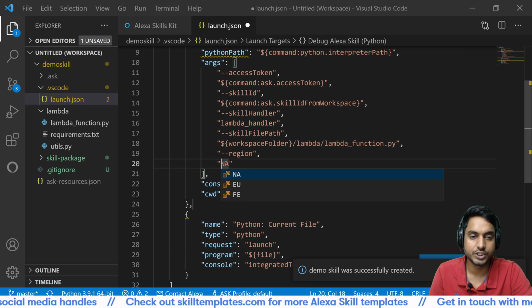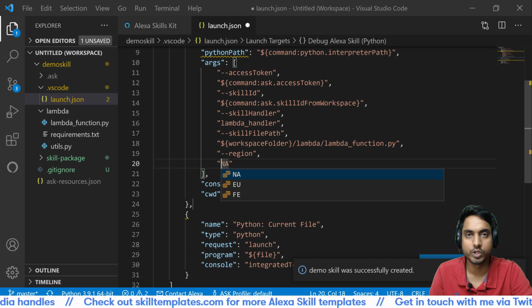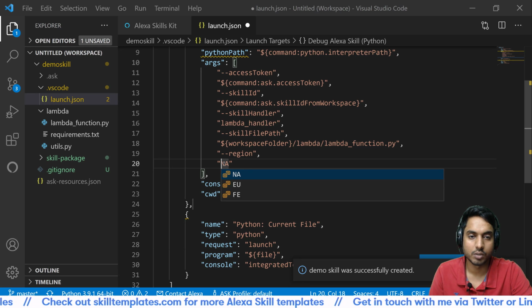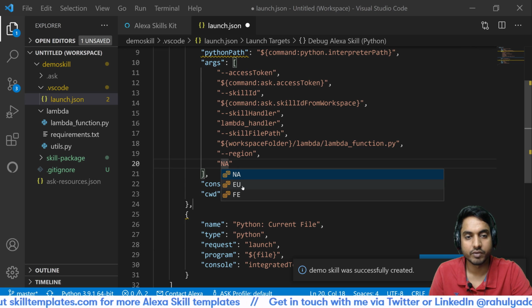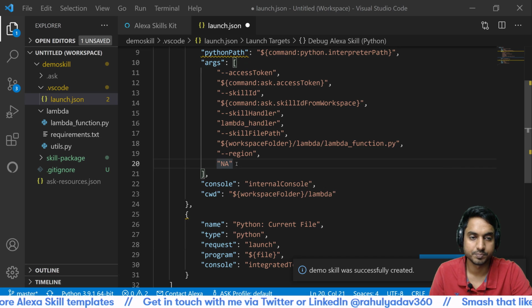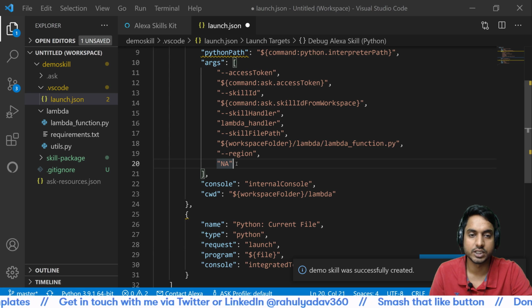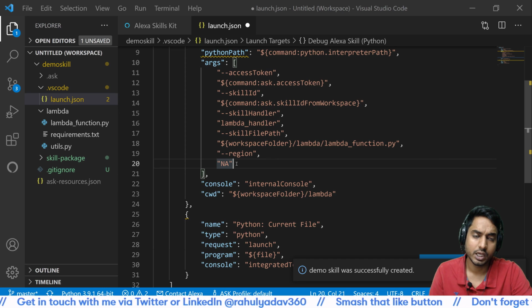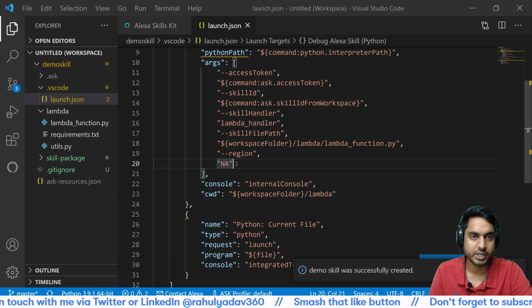This is the region in the code, and right now I'm using North Virginia, which I suppose is North America, so I'll leave this region as NA. But if you're using the EU or the Far East region, then you can change this region to make your code work. I believe we don't need to change anything else in the code, so I'll just press Ctrl S and save this.